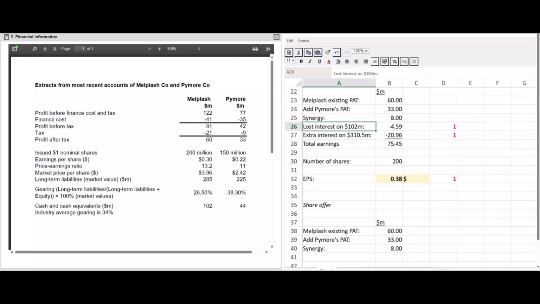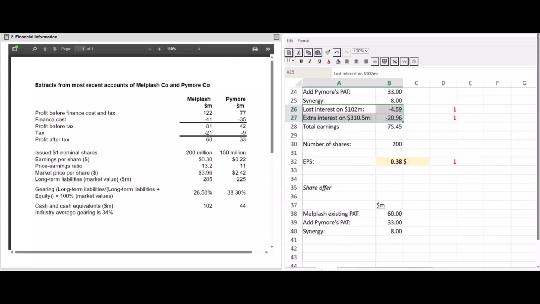And then you wouldn't have any of this stuff, would you, under the share offer? We're not having to raise that finance. We'll still keep that cash. So actually, that's it. Our total earnings are now just going to be this, which is great. So we're not having to worry about all that extra interest and lost interest. It's just going to be these 3 added together if we do the share offer. And there we go. So 101 million. And again, we can do that all to 2 decimal places just to be consistent. Lovely.